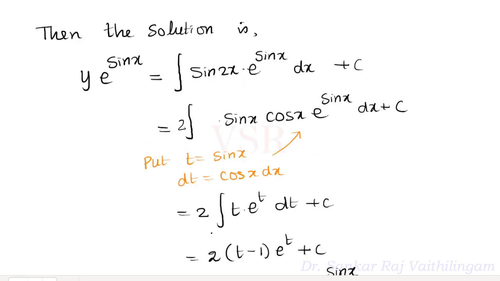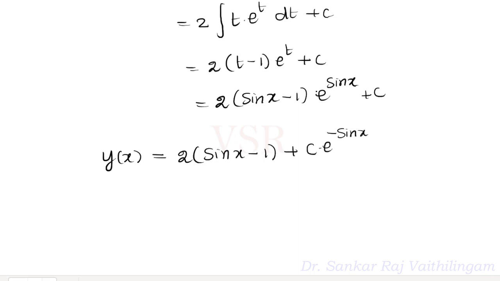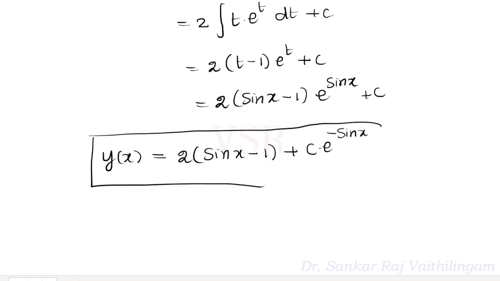Now can we write the solution? y of x into e to the power sin x. So how can we write this? This is equal to 2 times sin x minus 1, plus c times e to the power minus sin x. Correct? If you take e to the power sin x outside, you can write e to the power minus sin x here. Okay, that's all. So this will be the solution. So we have solved the fifth problem. Now